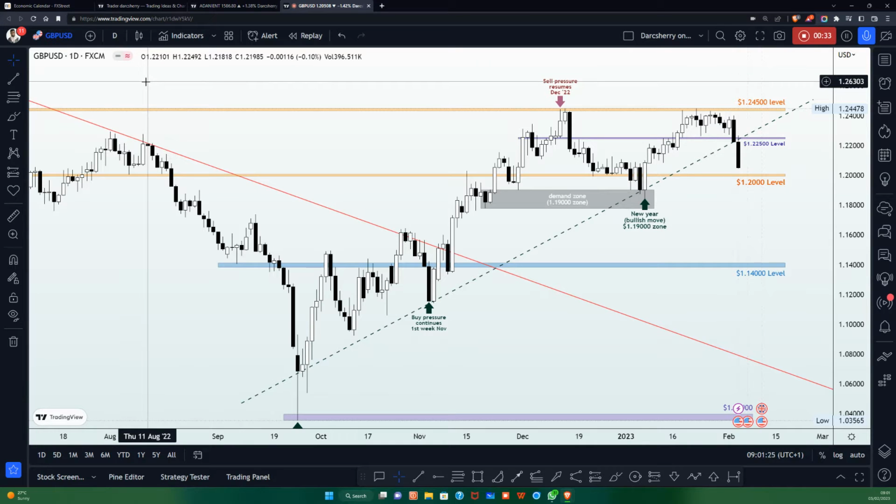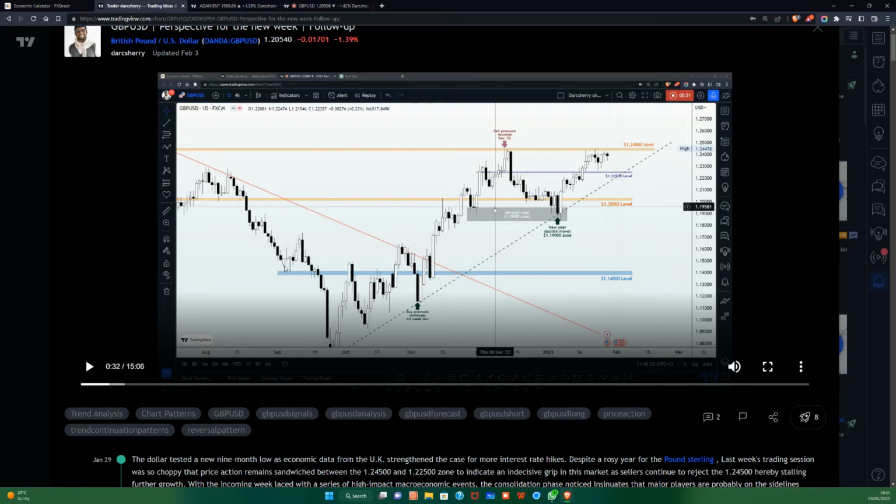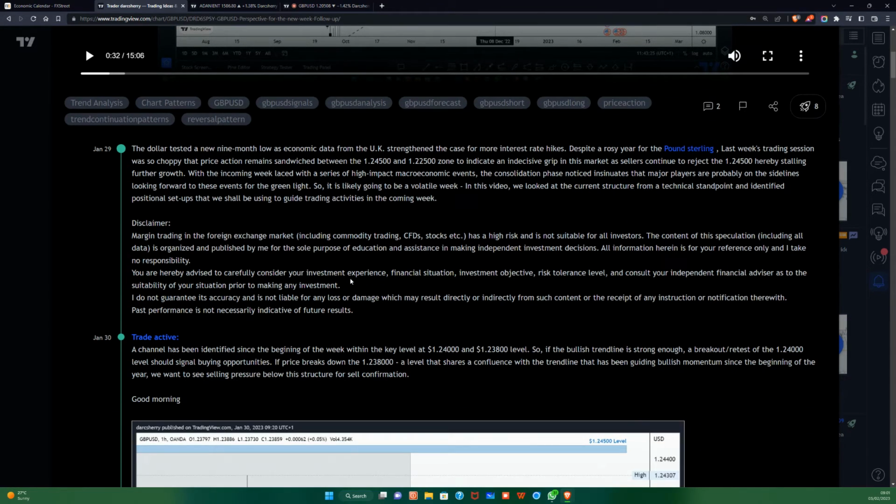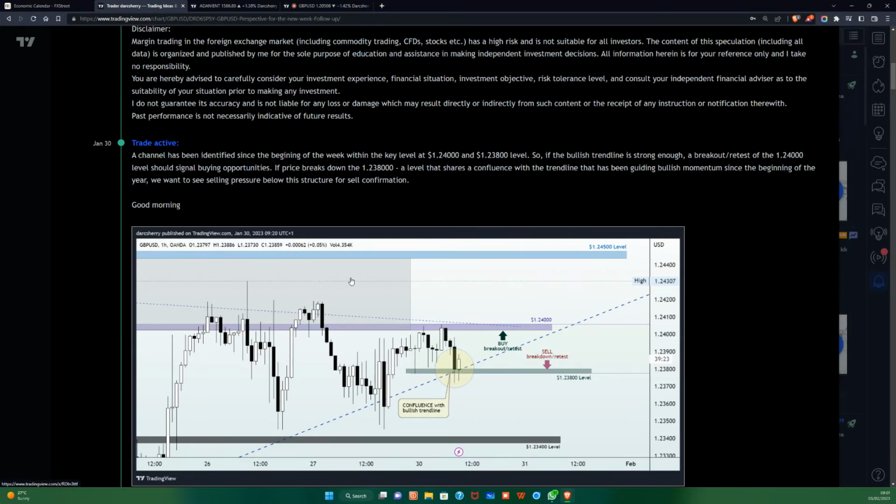And talking about follow-ups, I would like to share with you what happened last week following our last publication, as we were able to scoop over 400 pips on the GBPUSD last week. I would like to share some key moments during the course of last week. In fact, the week started with a consolidation phase between the 1.2400 level here and the